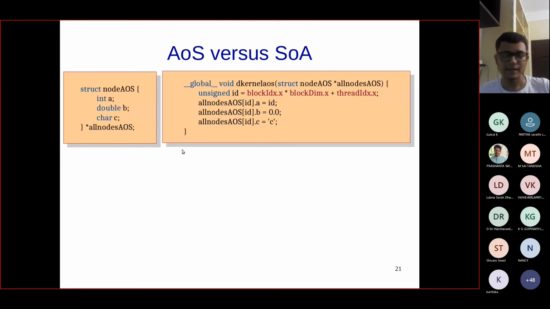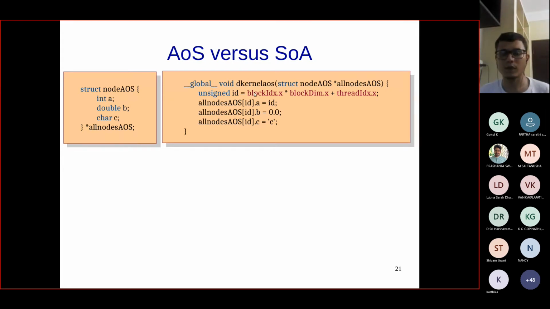So this is a strided access pattern. This will definitely degrade the coalescing. I mean, we won't be able to achieve full coalescing if we use AOS. And to make matters worse, if there are more attributes, here there are just 3 attributes, so the stride size will be 3. But if there are more attributes, let's say 10, then the stride size will be 10, and that will significantly degrade